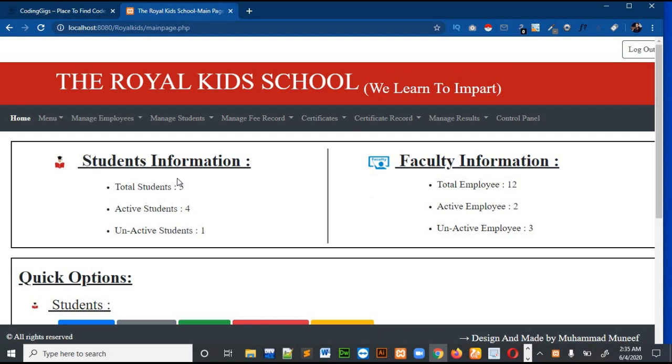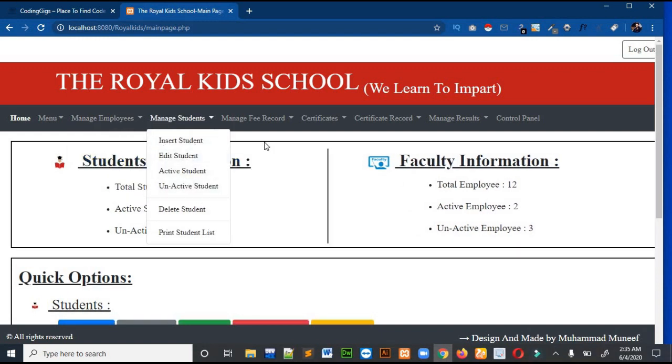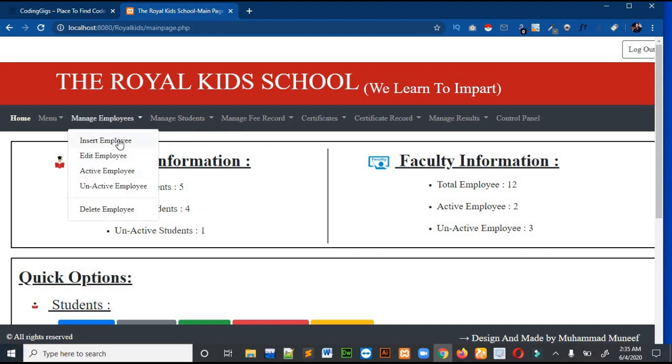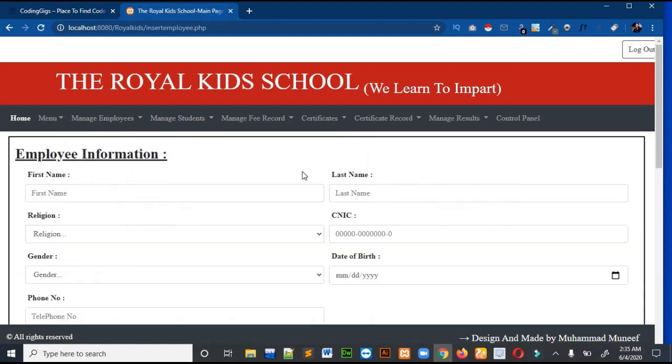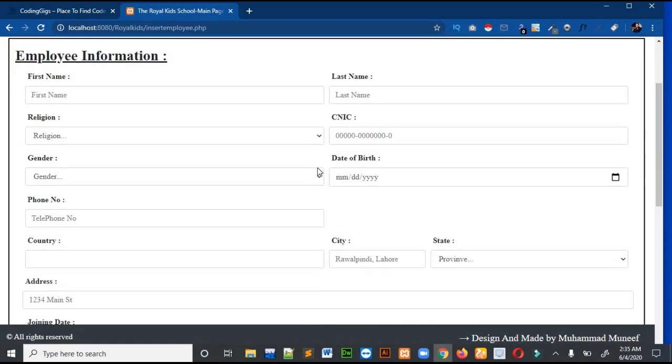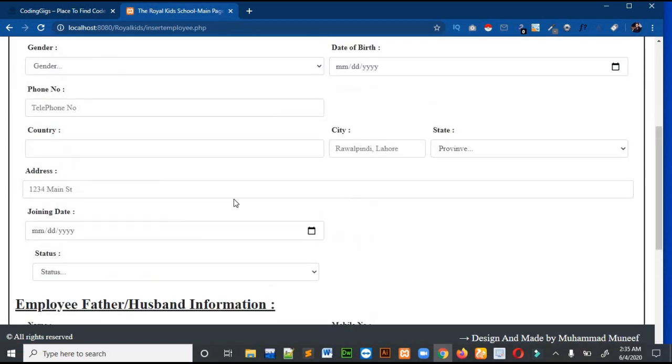So before going to the code, let me tell you that all the functions we have in manage employees and all the functions we have in manage student are exactly the same. Okay, so the code for manage employee and manage student is also exactly the same, only there is a bit of difference in the forms. You can see that the form I used for manage employee is different.